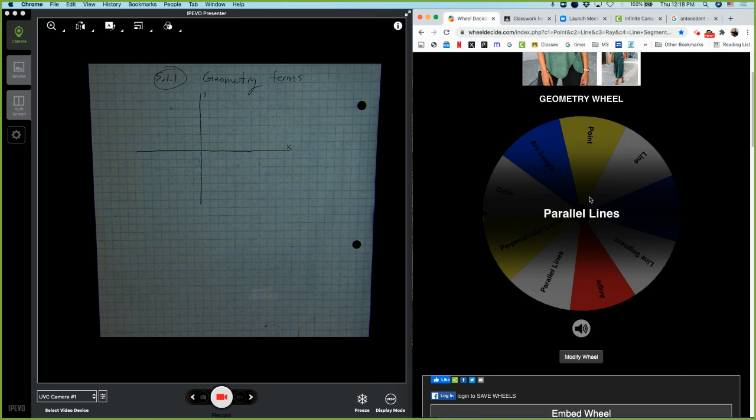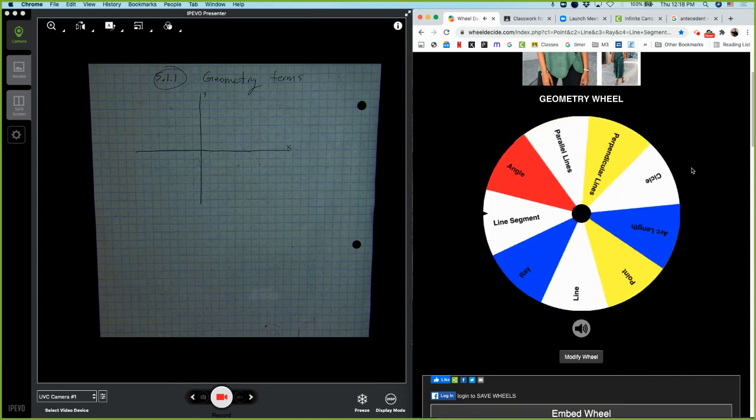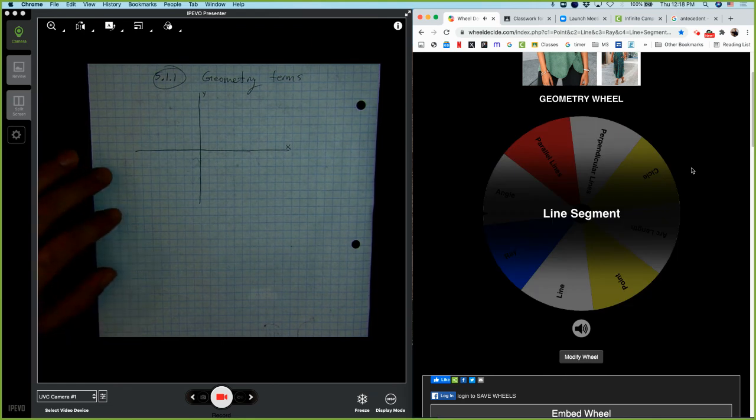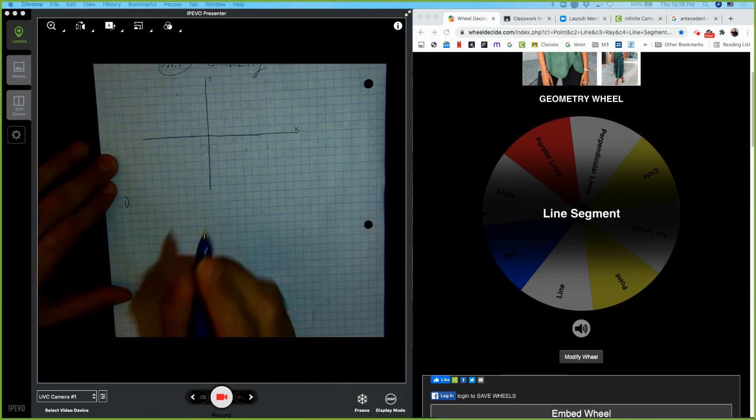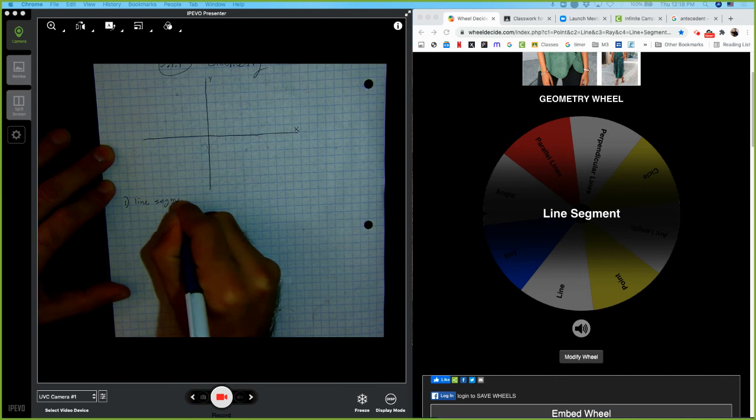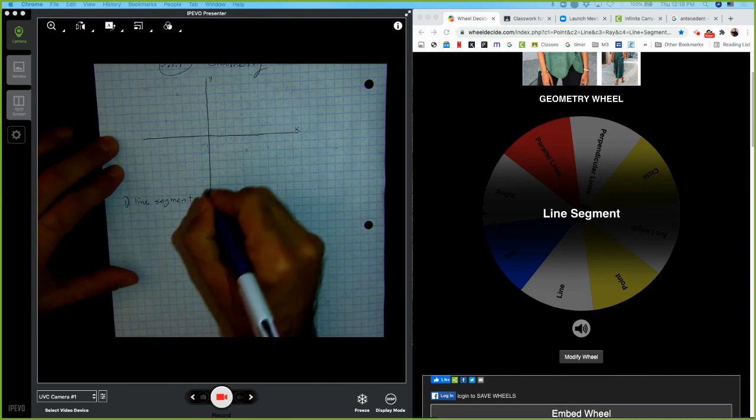Line segment. Perfect. All right, everybody go ahead and make just a 1 at the bottom here. We'll just go ahead and put line segment, okay? So some of these might not be in the order that's best, but we'll have them all up here anyway. All right, a line segment